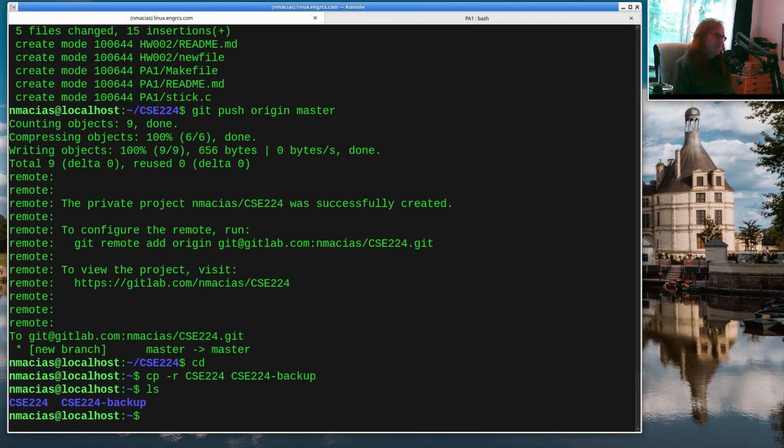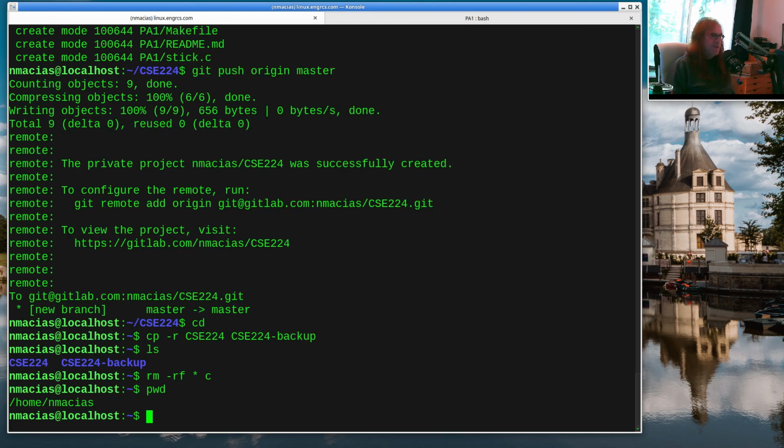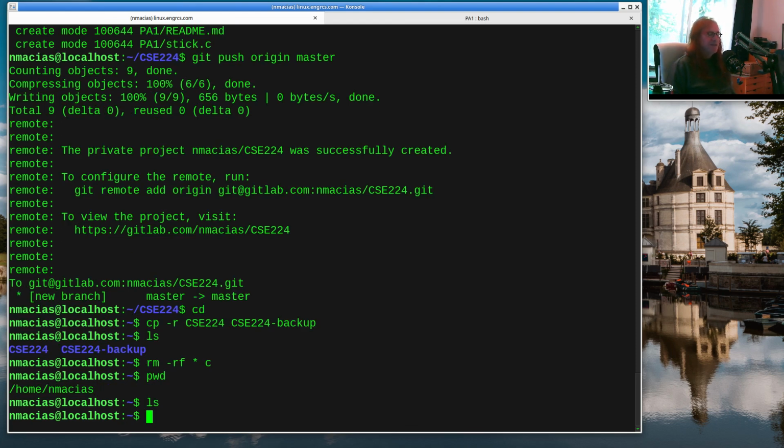And the problem is, if you do this in the wrong directory or you mess something up, bad things can happen. So for example, if I say rm -rf *.c, but I accidentally hit a space instead of a dot, I've just wiped out my entire directory tree. I'm in my home directory, I have no files. Everything is gone, no backup, nothing. Unless I got stuff on Git or a flash drive, I'm back to day one of the course. So be really, really careful doing commands like this. They can bite hard